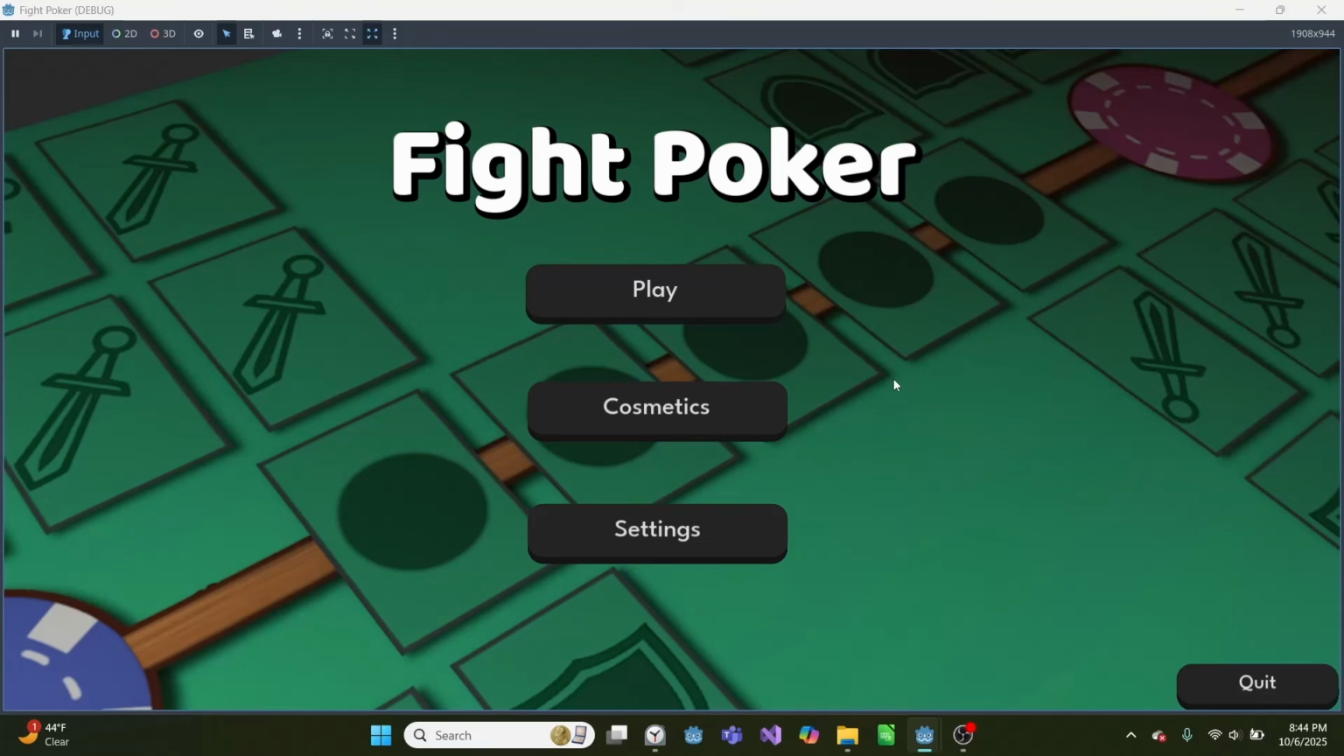In today's video, I'm showing off online matchmaking in Godot without a dedicated server using EOS. Now, EOS is Epic Online Services, which is a completely free-to-use tool developed by Epic Games for multiplayer connections. And the game I'm showing this off for is Fight Poker, which is a 1v1 online poker game I have